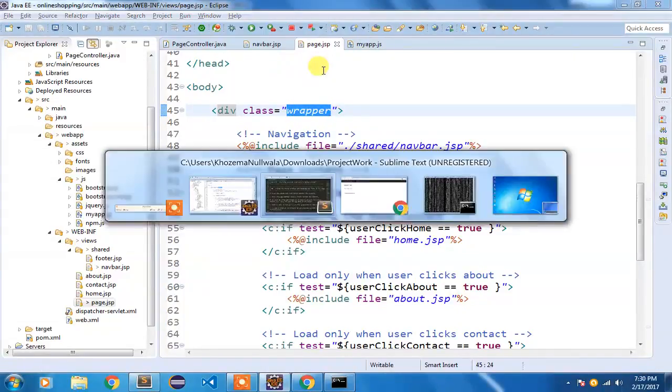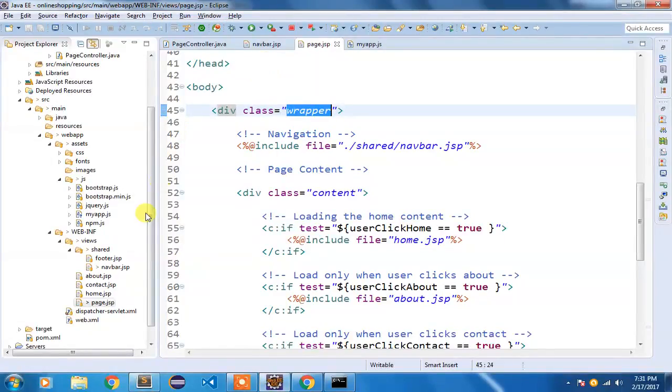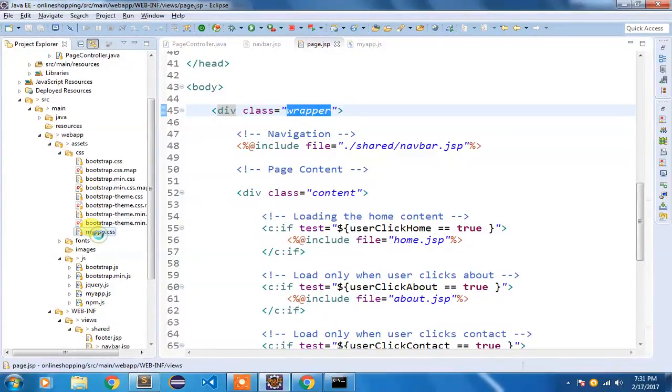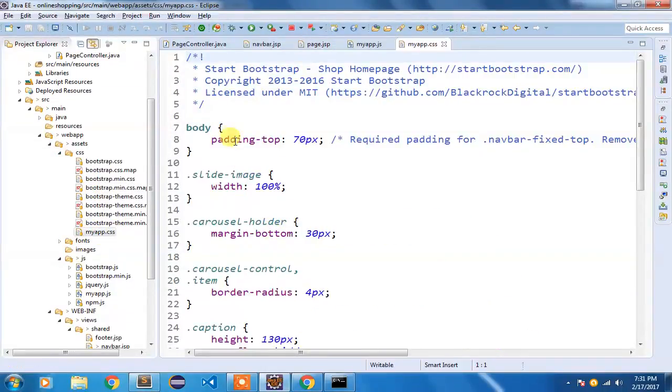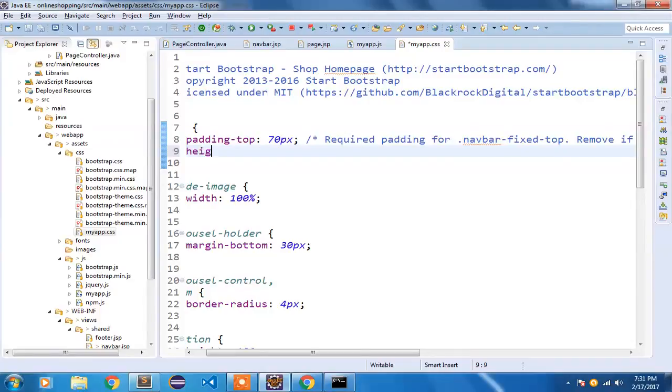Now in my next step, since we'll be using percentage to assign the height, we have to assign a height of 100% inside the body and the HTML element. So we are going to open our myapp.css that we created initially. Body, the padding top is already 70 pixels, but I want to assign it a height of 100%.